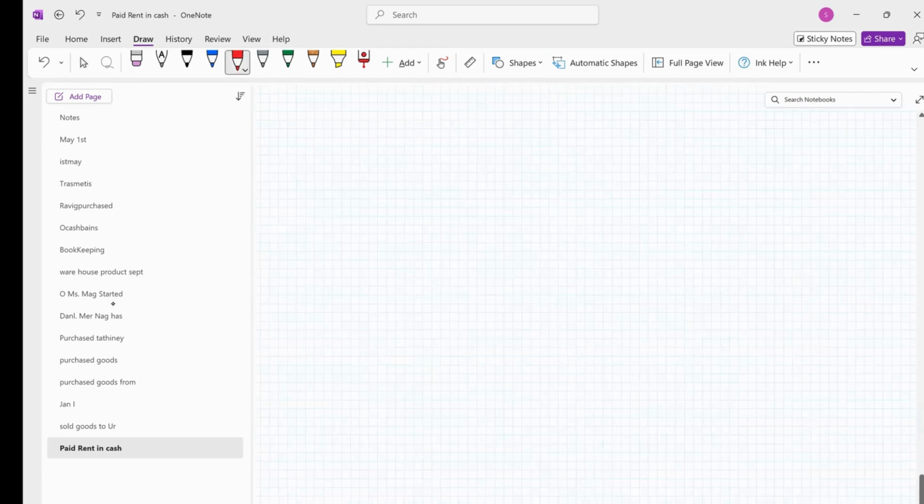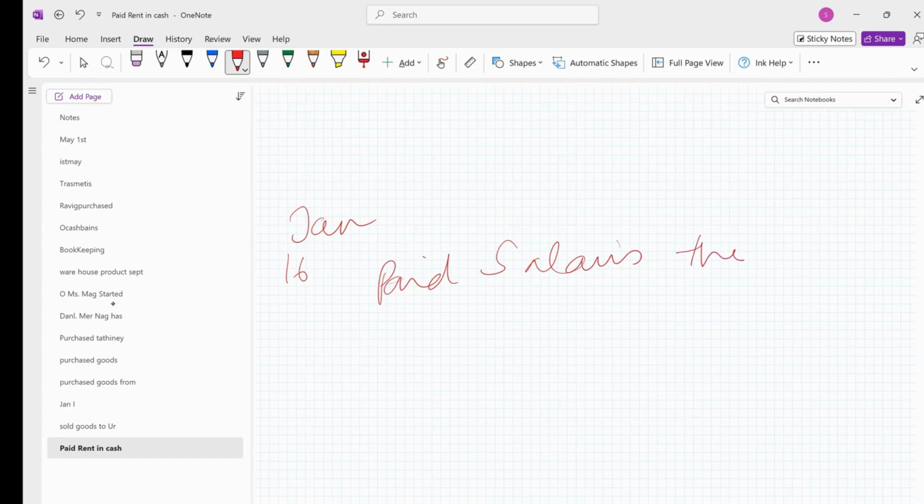Next one is that, 16th Jan. Paid salaries through check. Amount is 1 lakh. Now, next important point you have to remember is, whenever you are paying through check,